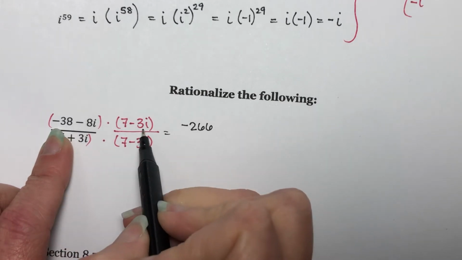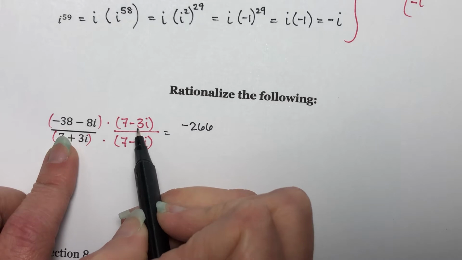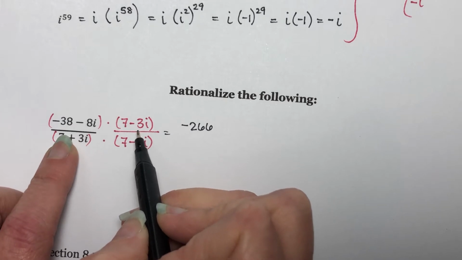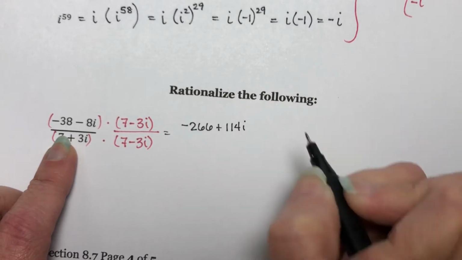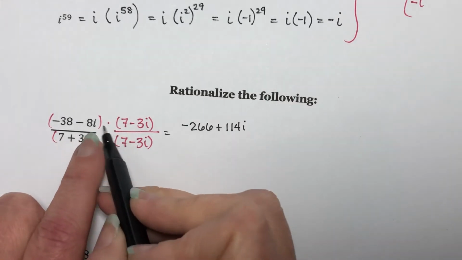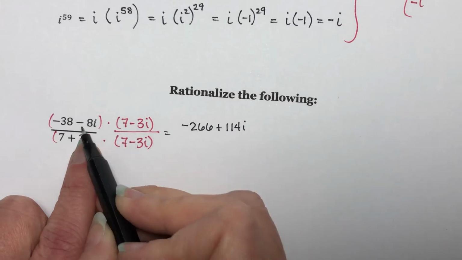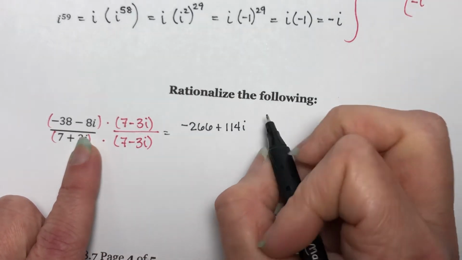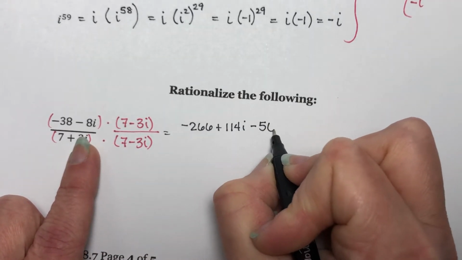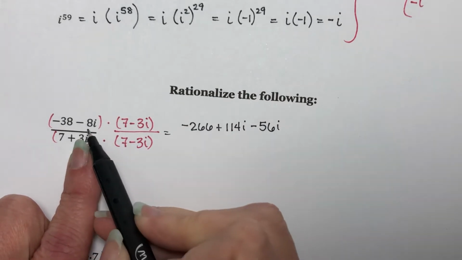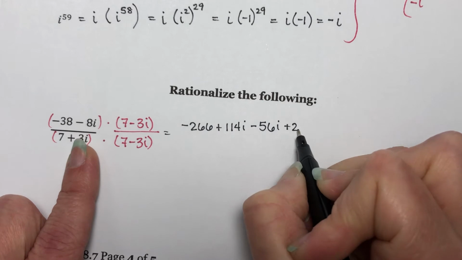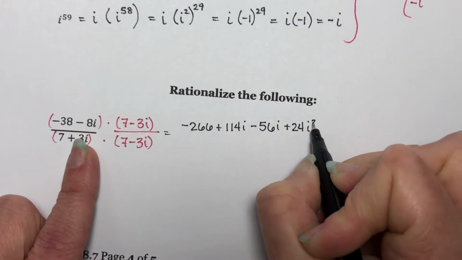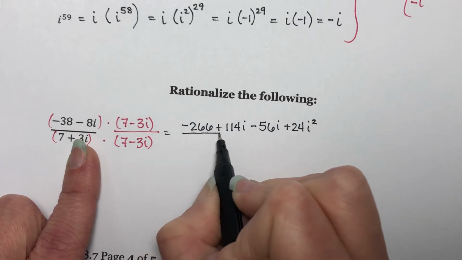Negative 38 times negative 3 is going to give me 114i. Now multiply negative 8i times 7. It's going to give me negative 56i. And then I have negative 8i times negative 3i is going to give me positive 24i squared. And this is over